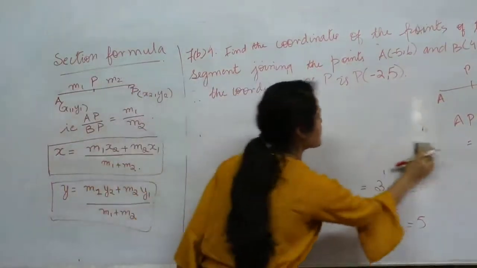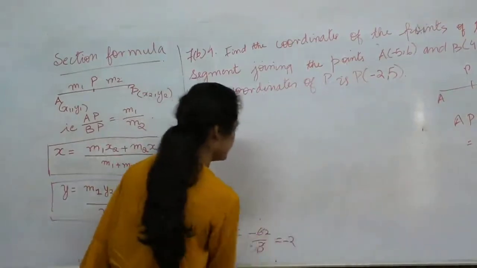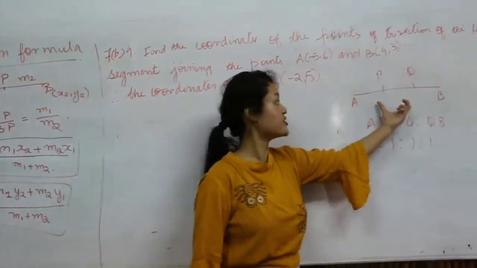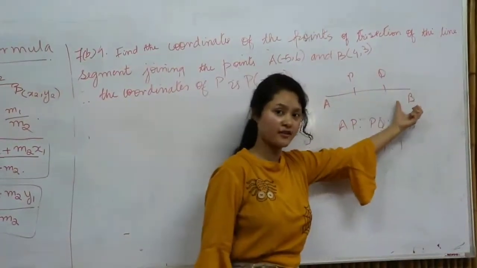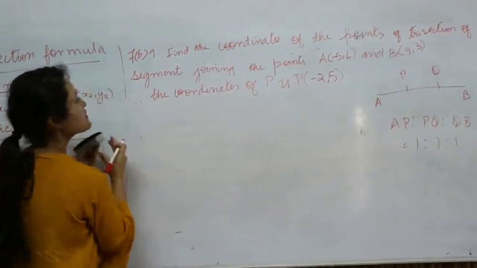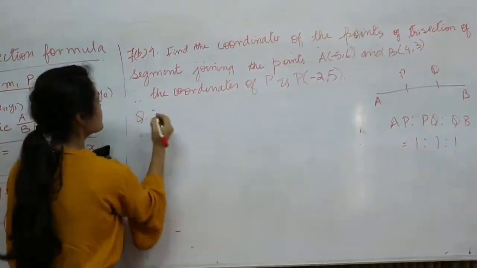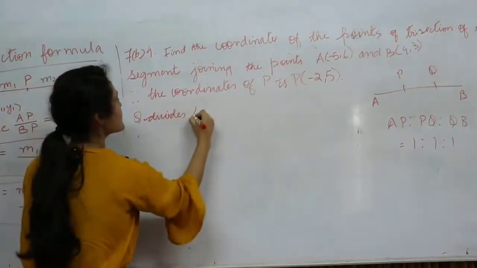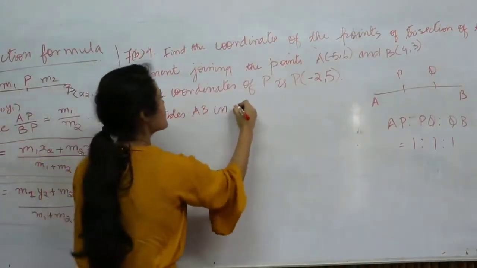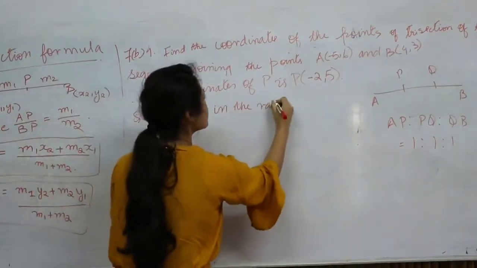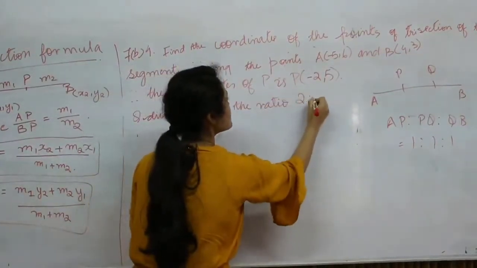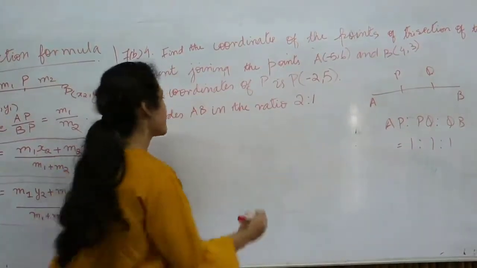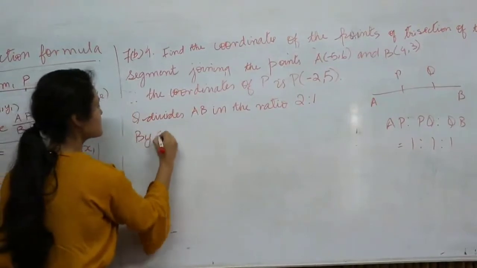Now for Q, you have to see Q, it divides AB in the ratio 2 is to 1. Okay? So we write here, Q divides AB in the ratio 2 is to 1. That means your M1 is 2 and your M2 is 1. Again, by section formula,